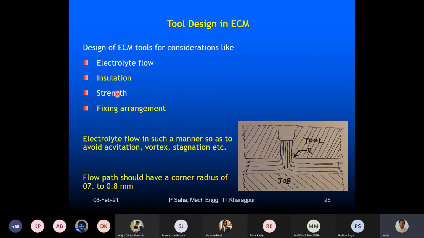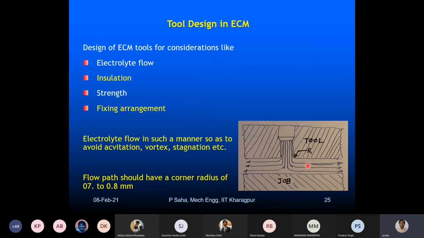electrode. You may be using a very fine electrode, but within that you have to pass the electrolyte, because typically, centrally, if this is the tool, there is a hole which has been created through which the electrolyte is flowing. Now think of a situation where this hole dimension is small. In that case, the walls are also thinner and it will bulge. So we have to consider this kind of thing. We have to give sufficient wall strength to the electrode that we fabricate, and also we have to consider the fixing arrangement.